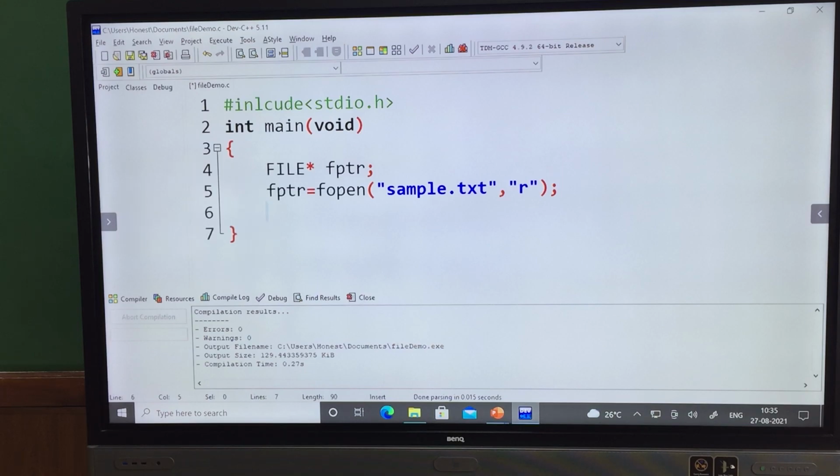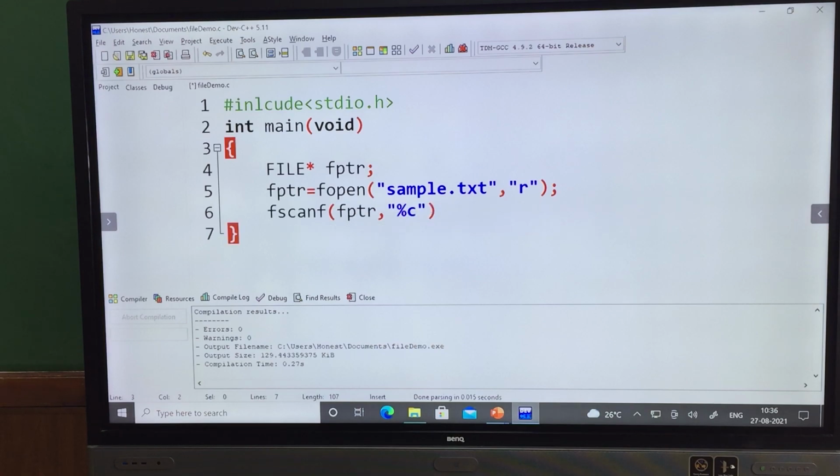So now what I am doing after opening the file, I am directly performing fseek. Okay, I am moving the file pointer to some different location. So initially, we will see without fseek. So I just want to read a particular character. So let us say fscanf of fptr comma, read the character %c.